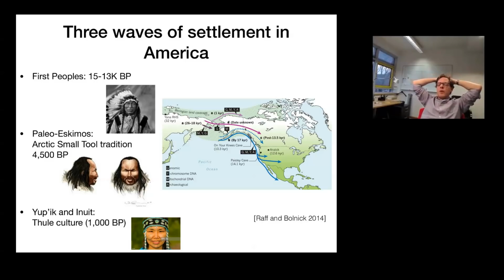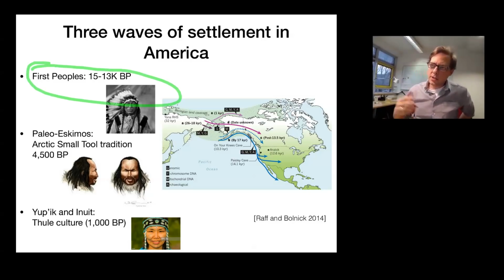It's a project where we analyzed in a little bit more detail what happened in more recent times in North America. I already talked about in the MSMC project that the Americas in general were settled from a population that split from Asian ancestors perhaps 15 to 20,000 years ago and then moved into all of America. But it turns out that that's actually not the only movement that happened in America. So this certainly describes the so-called first people Pleistocene movement, 15,000, 13,000 years ago, which moved into America and settled all of America very rapidly. There was a recent paper about South American genomics, several papers now that describe this process